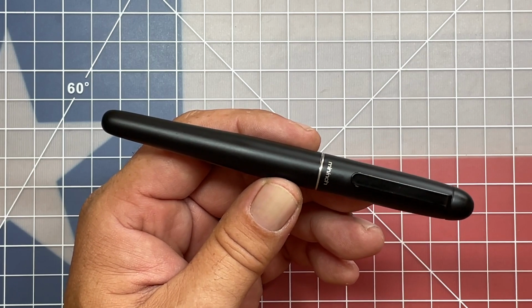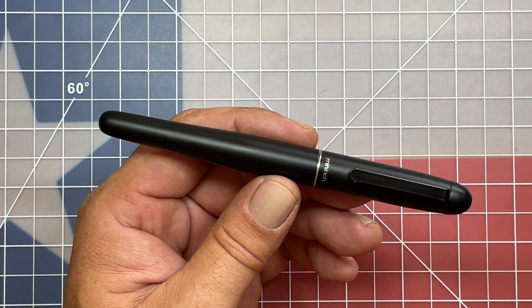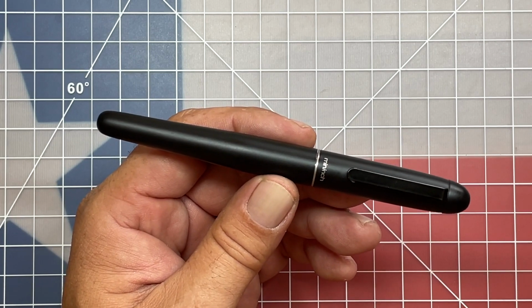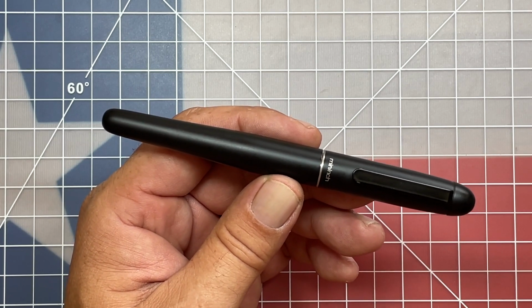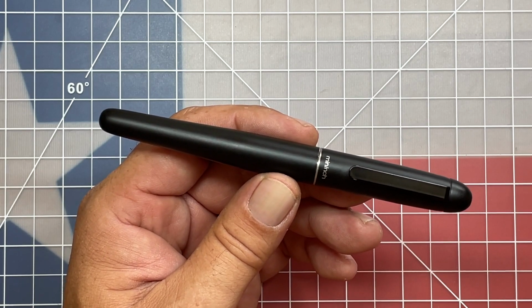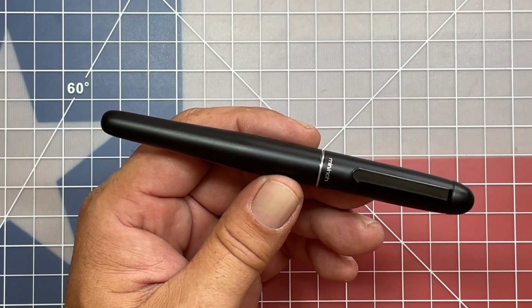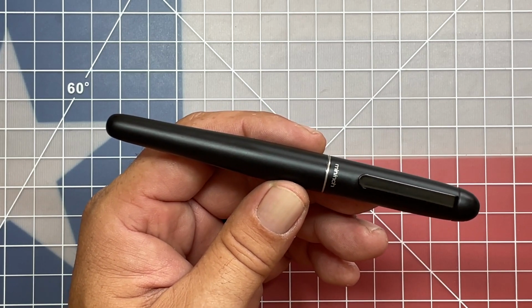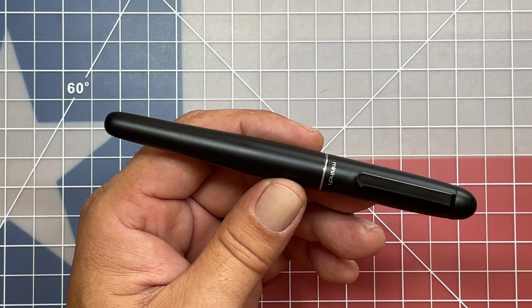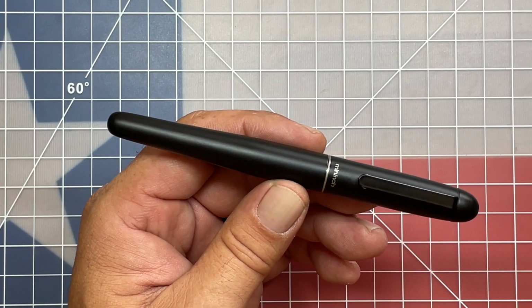Now I've seen some of Mininch's stuff. I saw them on a Kickstarter when they were doing their tool pen. It's a pen that I thought about picking up, but I just haven't pulled the trigger on it because it just doesn't seem like it does quite enough for me to warrant purchasing it. However, when I saw this, the Xcissor Pen, I thought this was a very, very elegant solution for carrying a